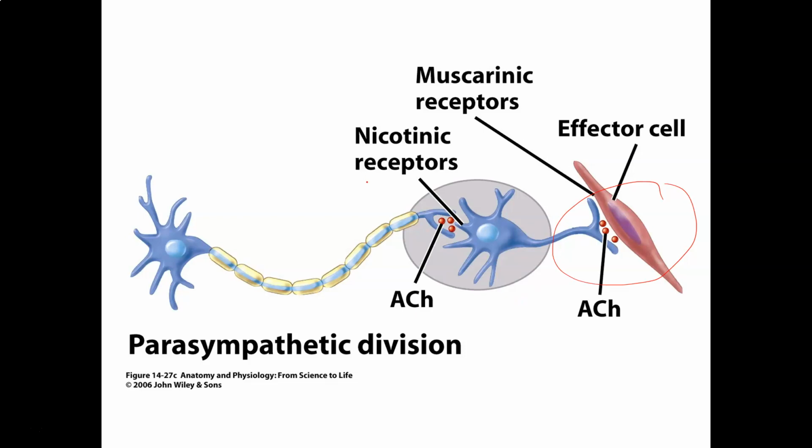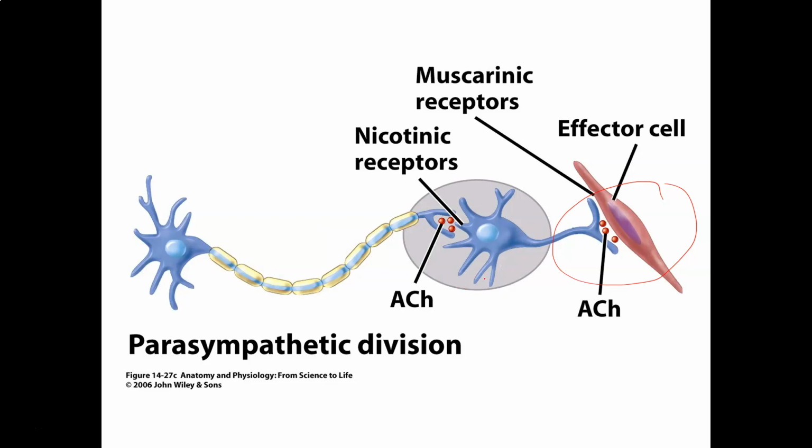Okay, and then there's also different types of receptors for acetylcholine. They have different names: muscarinic and nicotinic receptors. These are both acetylcholine receptors, but they're different receptors, so they can have different effects on the target cell. That helps explain how acetylcholine can, in some cases, slow down an organ, and in other cases speed up